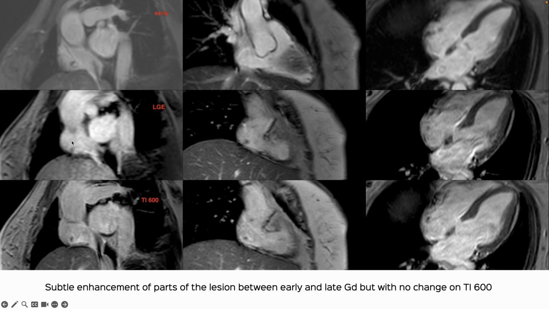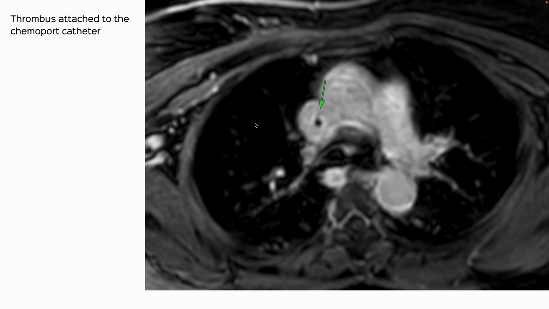But then on the late GAT, some parts of it seem to be showing a little bit of enhancement, and you don't see this anterior projection very well. But then the TI 600 shows it to be the same as on the TI 300 images, telling us that this is therefore definitely thrombus, and in any case the patient had this chemoport catheter to which the thrombi were attached. And then about 3 months later, the cardiologist called and said that they had completely cleared on echo